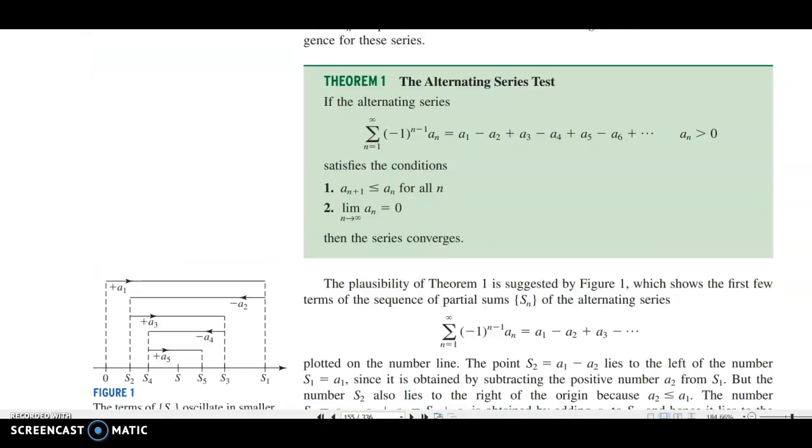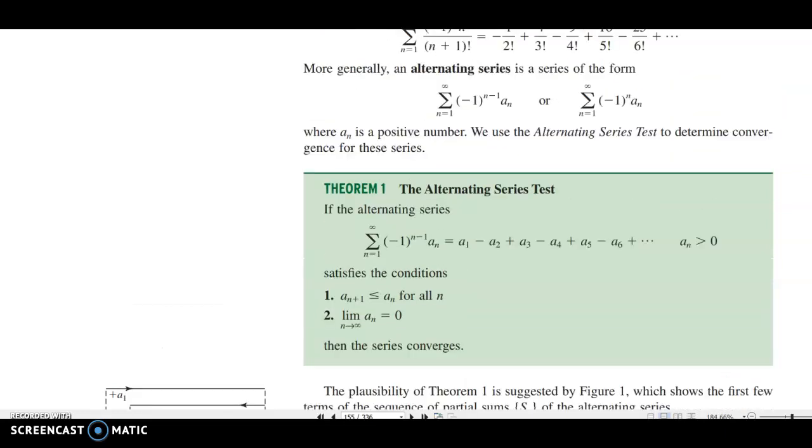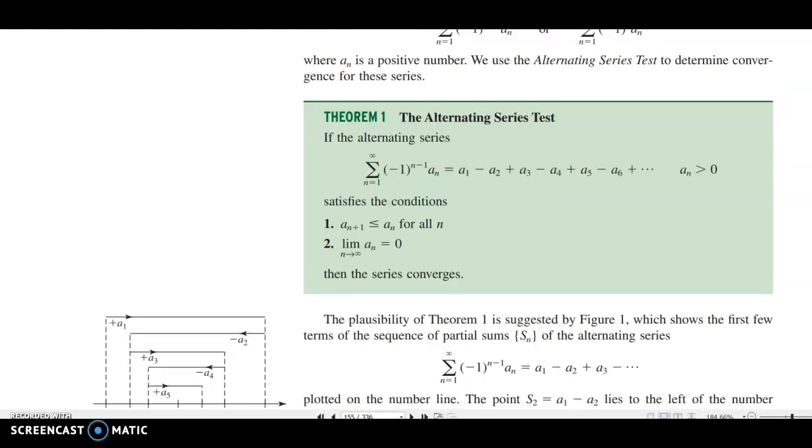This is the alternating series test. If the alternating series is of the form sigma n equal to 1 to infinity, minus 1 raised to n minus 1, a_n, equal to a1 minus a2 plus a3 minus a4 plus a5 minus a6 plus etc., where a_n is greater than 0, it satisfies